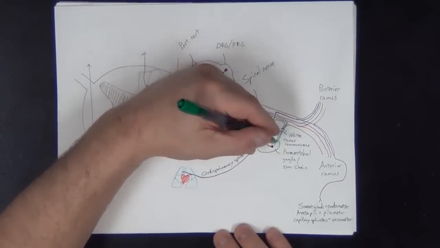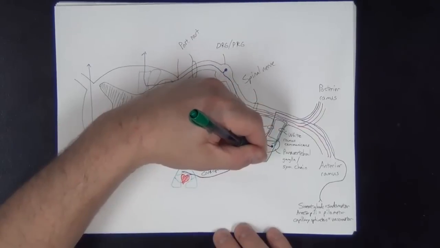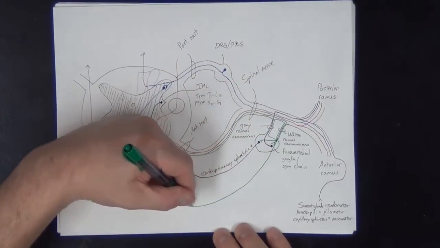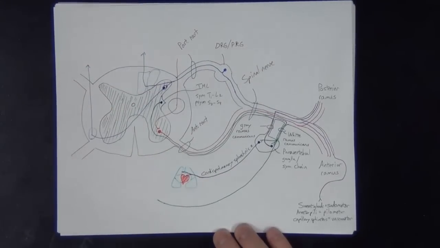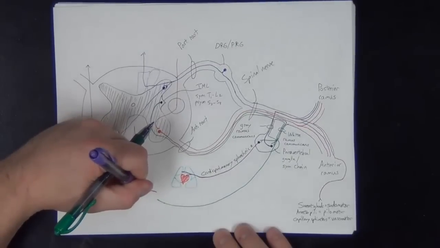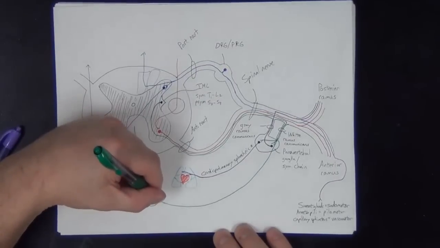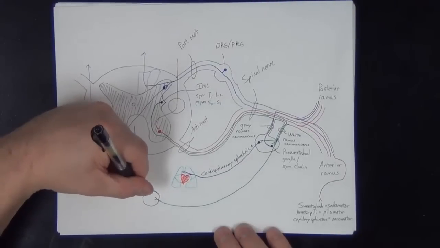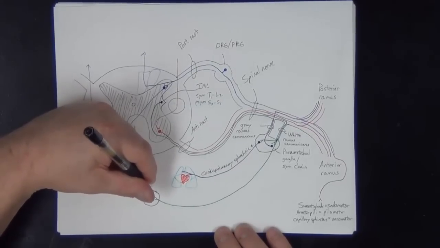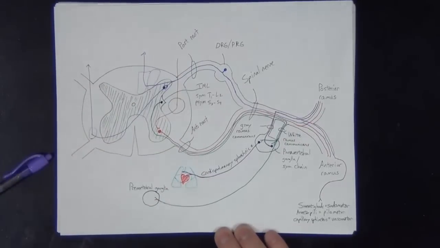But if they're going to the abdominal pelvic viscera, they do something a little odd. Instead of synapsing in the paravertebral ganglia, they pass through it without synapsing. And they travel towards the midline of the body, and they try and succeed in getting to a collection of cell bodies hanging out in front of our aorta and our vertebral column. And these are collectively known as prevertebral